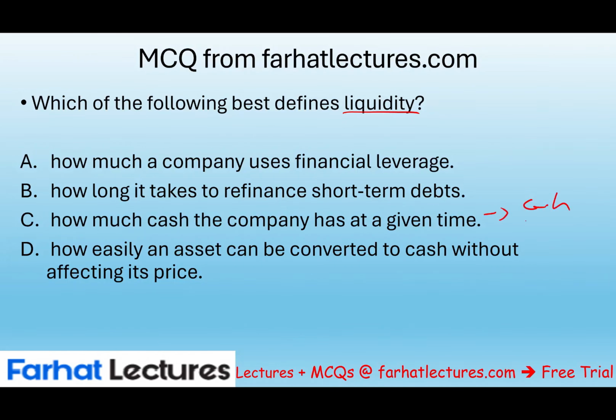How much cash the company has at a given time? Well, that's how much cash you have. How easily an asset can be converted to cash without affecting its price? It's liquidity. Liquidity is how fast, if you have an asset, how fast you can turn it into cash. What's the most liquid asset? You guessed it. You cannot turn cash into cash faster. It's already liquid. It's the most liquid. So everything is measured